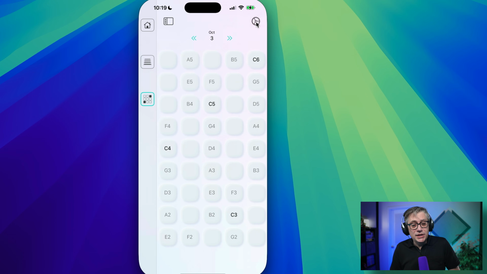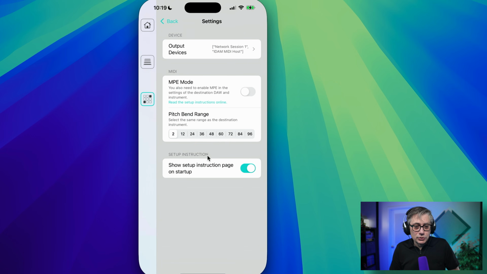In addition to that, you can also set up everything to use MPE. In order to do that, you would go into the settings here and enable MPE mode, and then obviously you have to also enable that in your digital audio workstation, which is different depending on what digital audio workstation you're using. And that works actually extremely well. Once again, instructions are on the Novo Notes website. If you go through the application, you will actually get a link to the instructions, and it's fairly self-explanatory, and it's really nice, and most importantly, it is completely free.